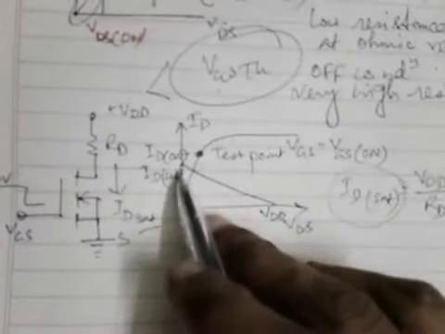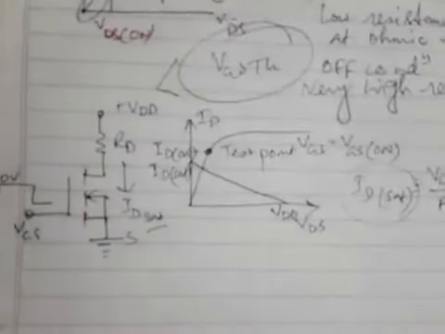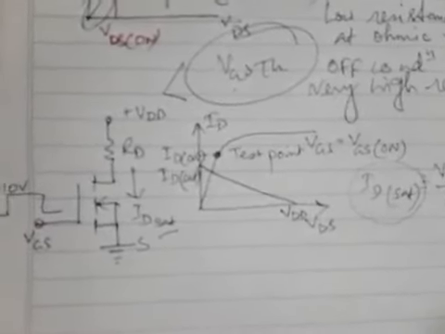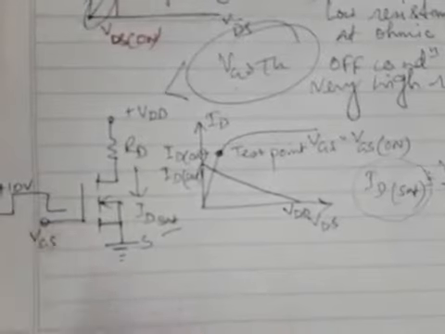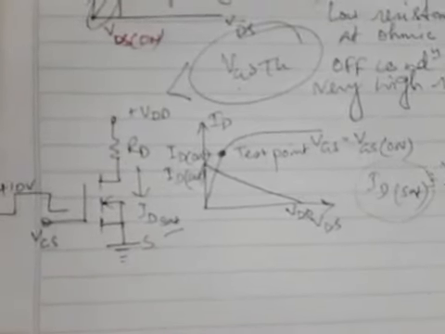From here you can understand this is the saturation value on the current axis, that point of intersection, and VDD is this point of intersection on the voltage axis. So it is simple. Based on this equation, this load line has been drawn, and from here we can say that when VGS equal to 0, that means no input between the gate and source, that means no control voltage, the Q point, the MOSFET will be in off condition.